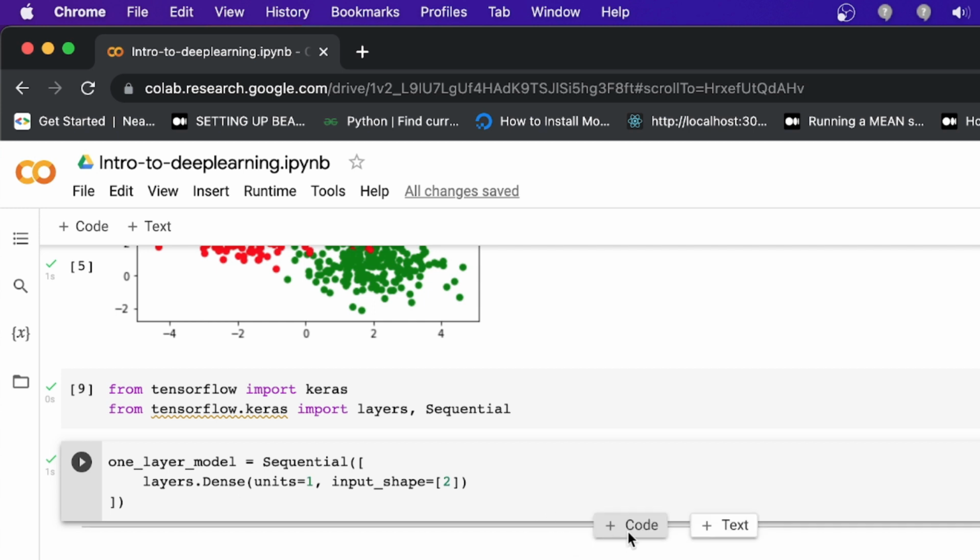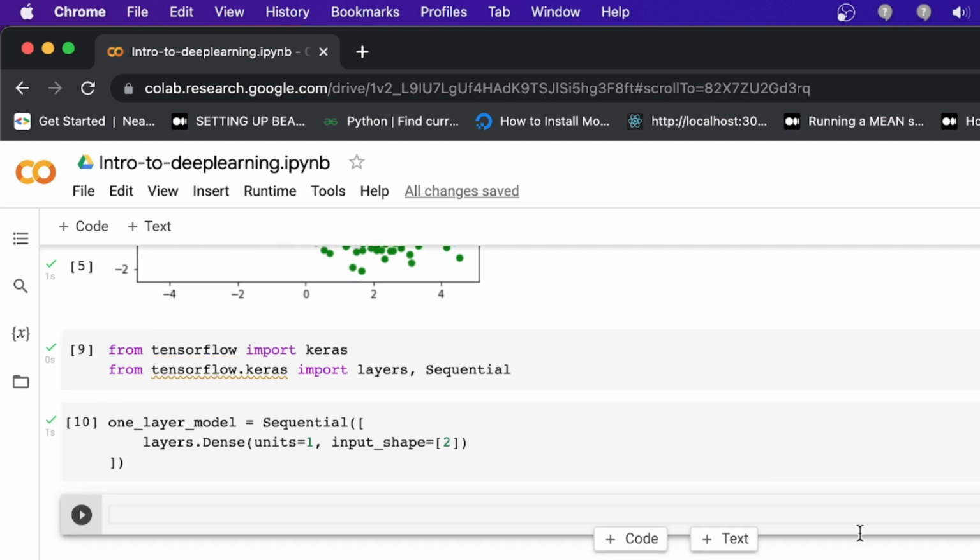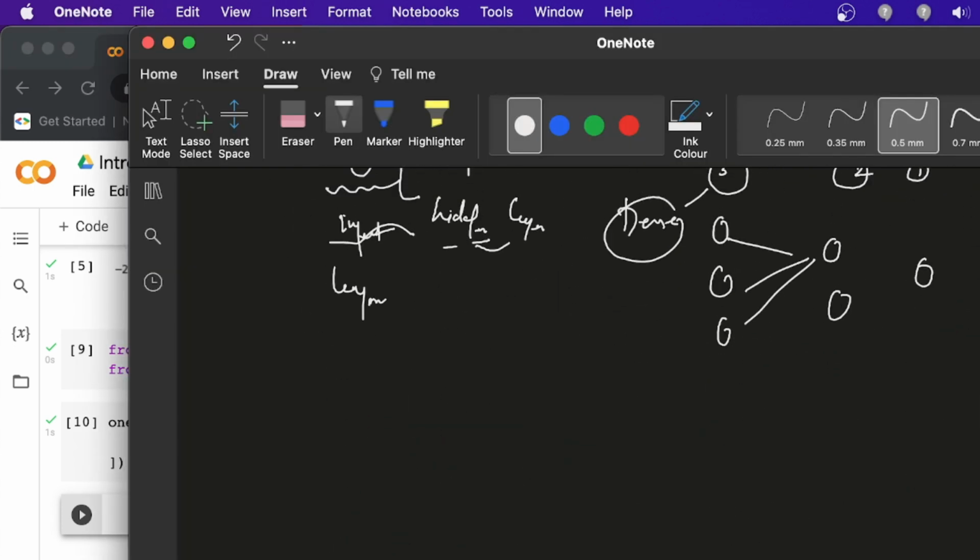Now next, after creating a neural network, after creating a model, suppose you follow this graph. This graph is like input, output, create the function of x, and this is your model.